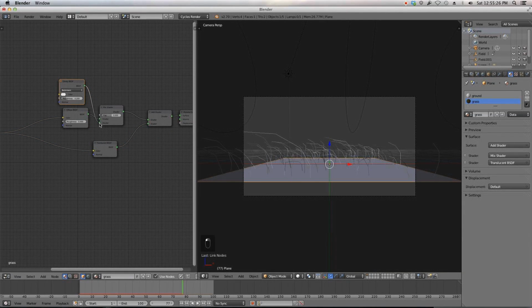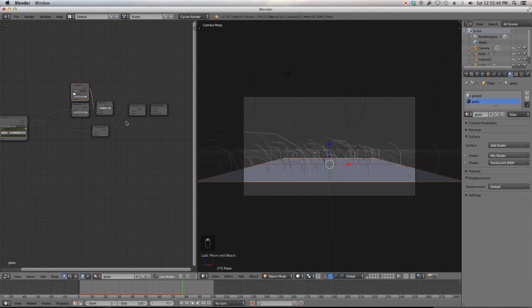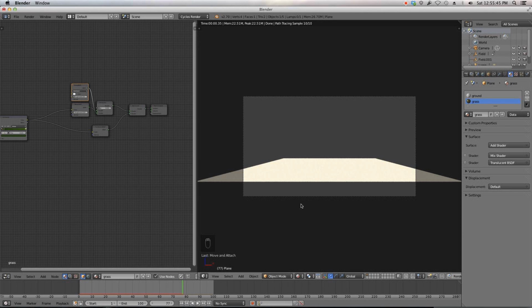Now the glossy shader will go in the bottom, and we'll give this just like a 0.1 glossiness, and we'll adjust our glossy roughness to be more of a 0.1 as well. And this is kind of a good place just to start with, and this can be tweaked as well. So let's see what this is looking like when we render it, and I'm not seeing anything at the moment,